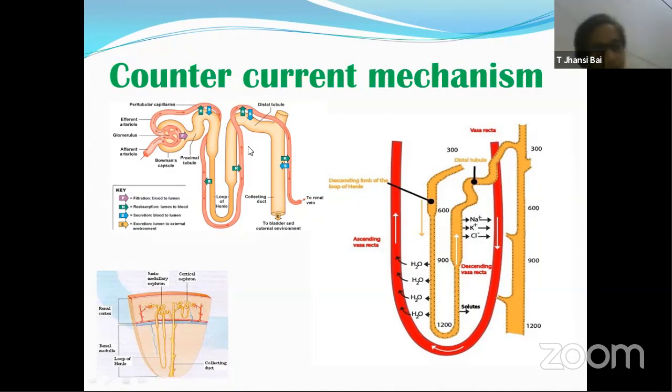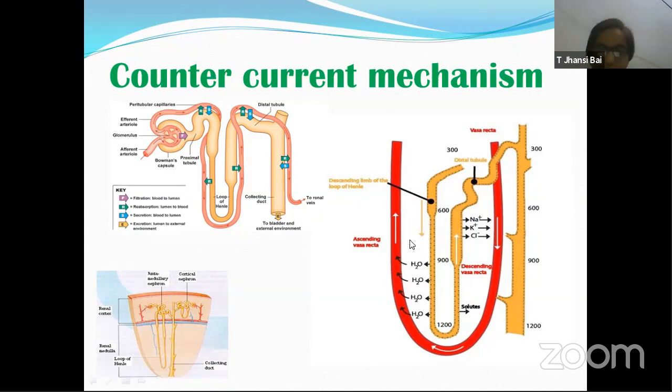So even after the initial glomerular filtration, there is still movement of particles and solvent, that is water, among these three things: the nephron, blood capillaries and interstitium. We understand that the countercurrent mechanism means movement of fluid in opposite directions. Here the nephric filtrate moves down and then moves up. This is the first movement of liquid in opposite directions. What is happening because of this? In this particular limb, water is coming off.